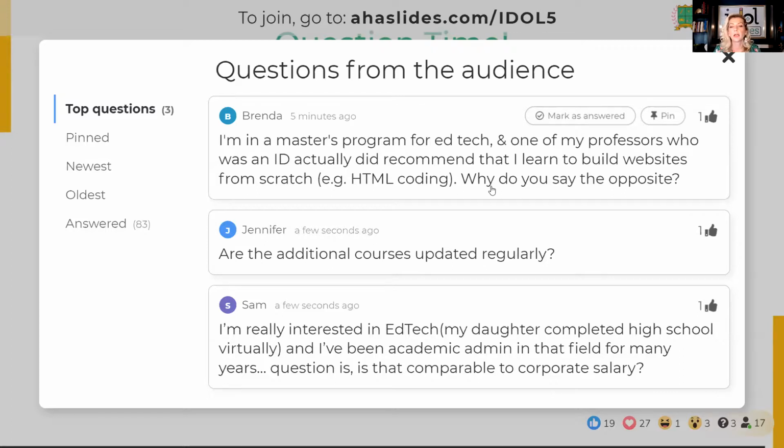The only time where HTML might be useful for you is just to be able to read some HTML for if you are, let's see, let me think of an example of where I've actually used it. Like to be able to copy some code for an iframe for Storyline, but even that you're not writing the code. So it's helpful to kind of understand how computers work, right? But it is not necessary whatsoever to know how to code in HTML.